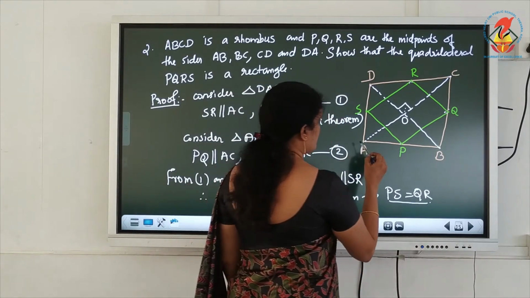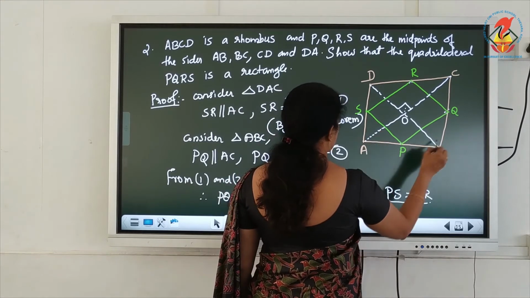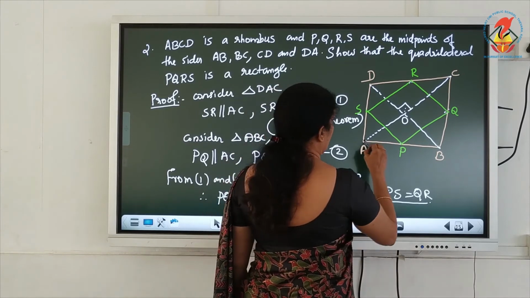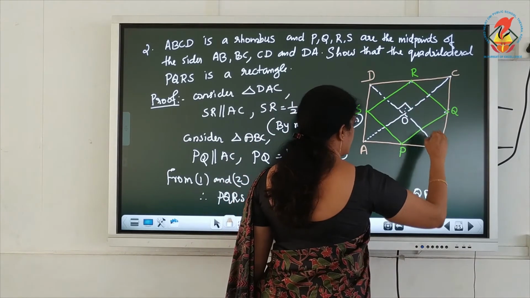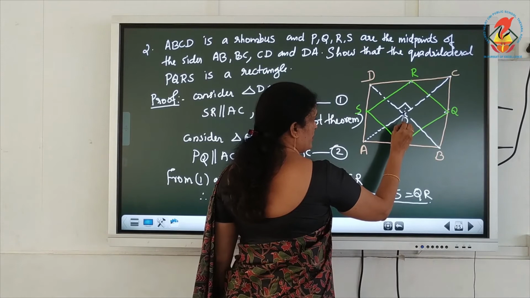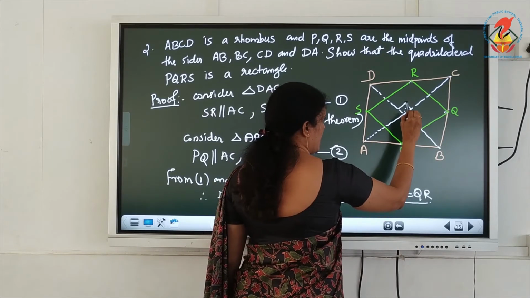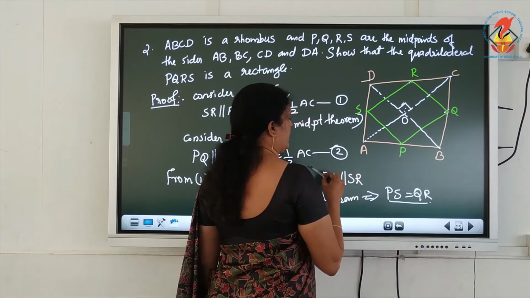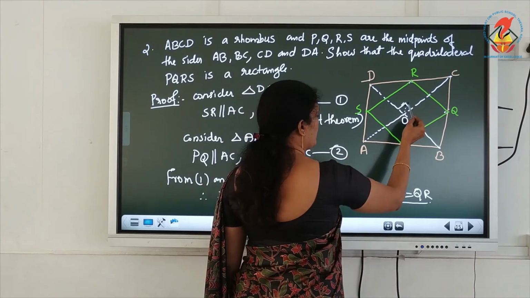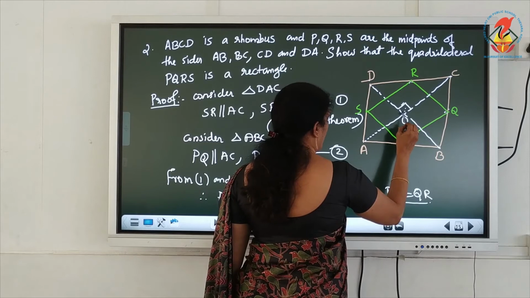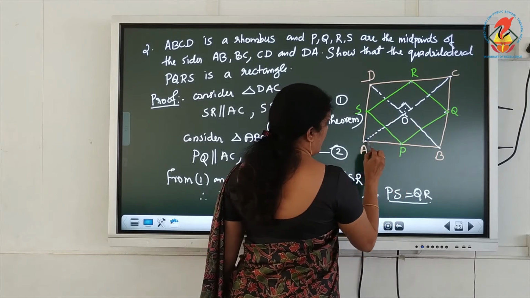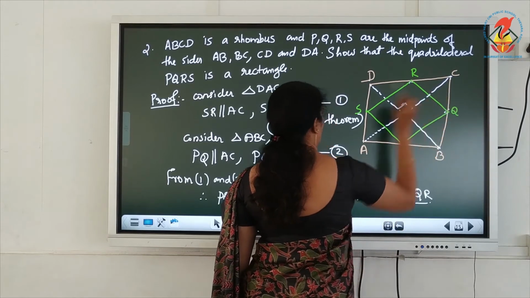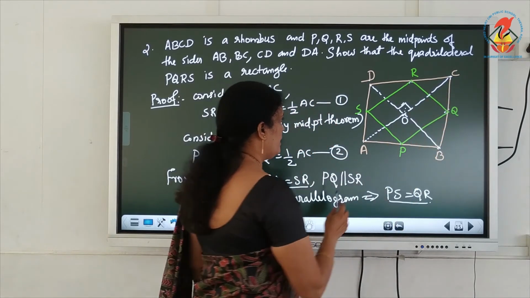In this, ABCD is a rhombus. In a rhombus, the diagonals perpendicularly bisect each other. They meet at point O. That means this angle is DOC. Angle COD equal to 90 degrees, angle AOD equal to 90 degrees, angle AOB equal to 90 degrees, angle BOC equal to 90 degrees. Okay, here